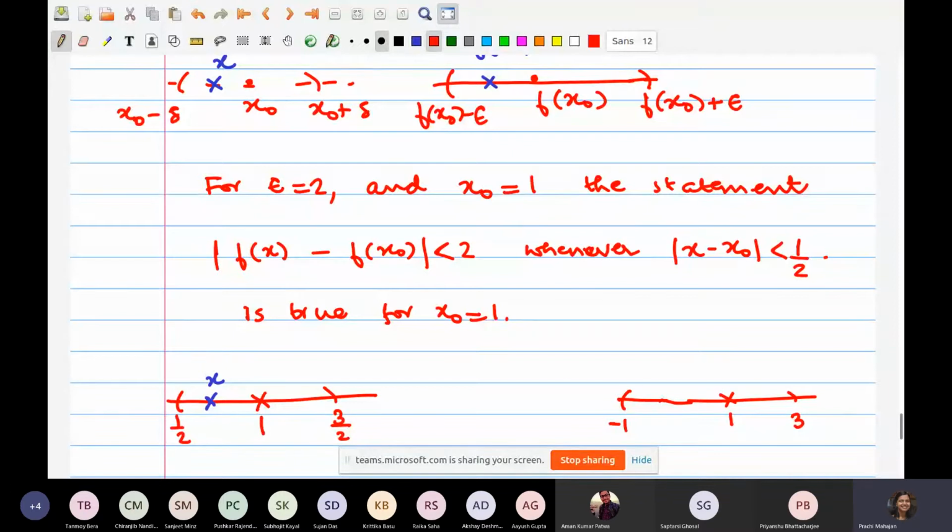So in fact, I would look at x square. So x square minus 1 is between minus 1 by 4 and 1 by 4. Somewhere here. This is f of x. So delta equal to 1 by 2 works for x naught equal to 1. Conclusion: I am fixing epsilon equal to 2, x naught equal to 1, and delta equal to 1 by 2 works, in the sense that the statement that I have written, statement star, holds.